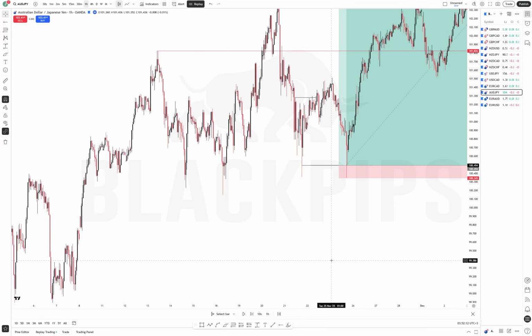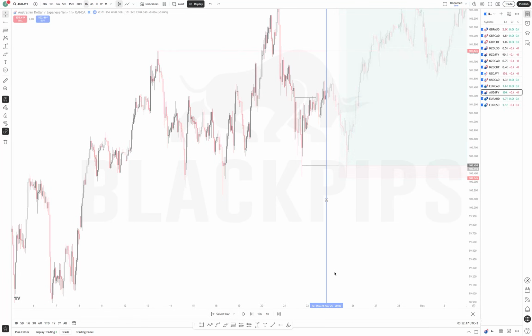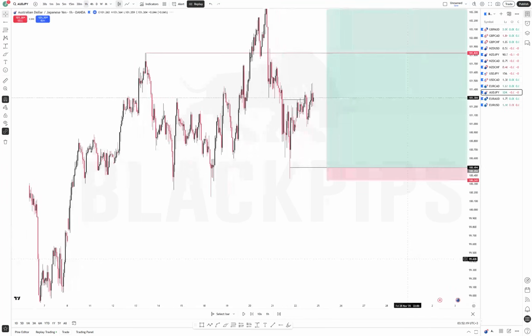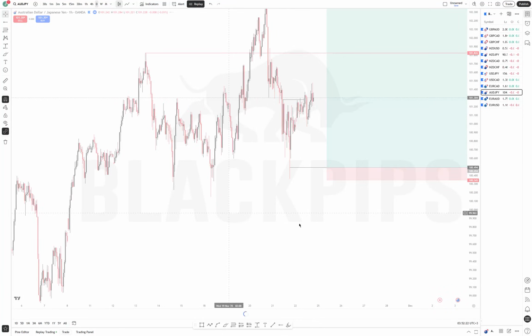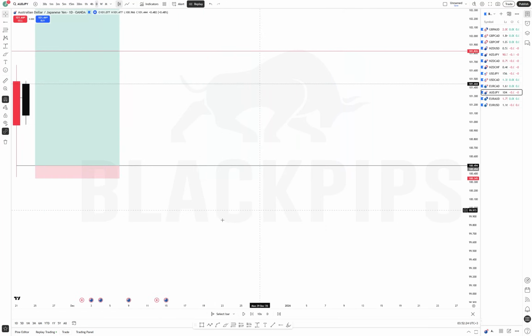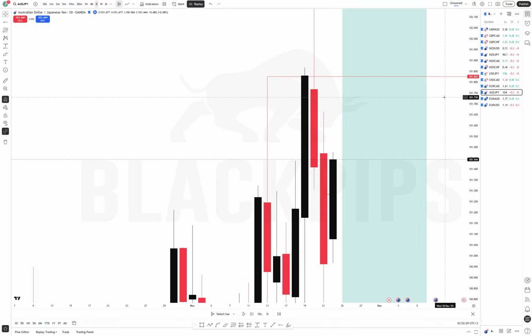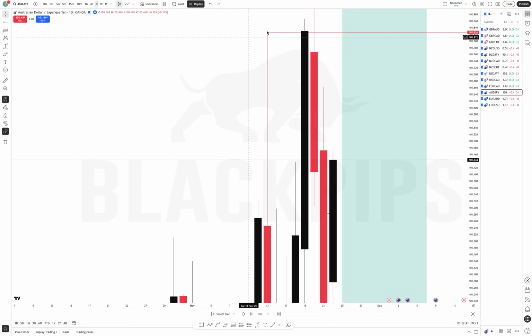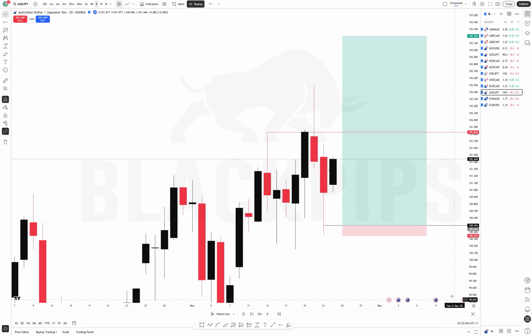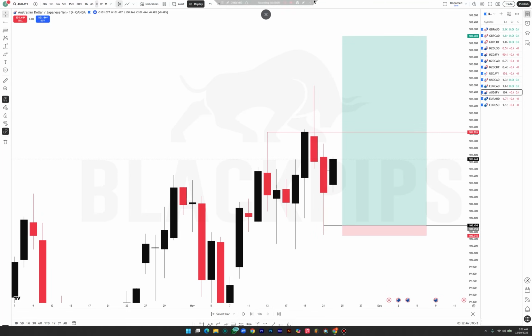Yeah, so let's see how it reacts. As you can see here, we had the transition with the inside formation. Let's go back to the daily first. As you can see here, we had the break of market structure, because if you mark that wick there, you can see that we had that inside break of market structure there. You can see this body closed above this wick, so after having that break of market structure,